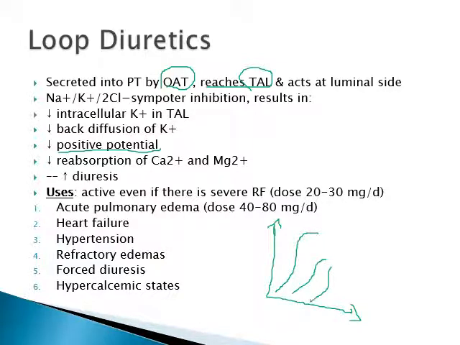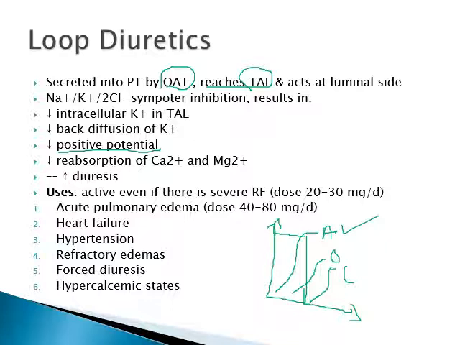So among these, which one is your loop diuretic? If A, B, C are the dose response curves of three different drugs, this is the loop diuretic because it has a high ceiling. See, the ceiling dose is the dose at which there is maximum effect, and if we increase the dose further, there won't be any more effect. So the ceiling dose of this diuretic is high as compared to the others. So it has a high ceiling.